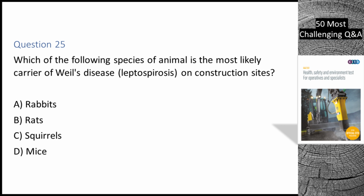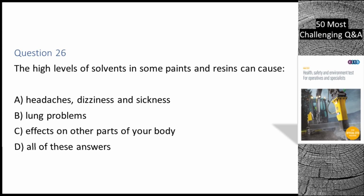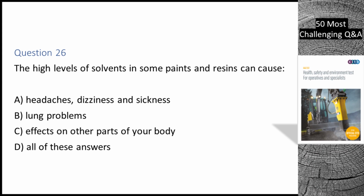Which of the following species of animal is the most likely carrier of Weil's disease, leptospirosis, on construction sites? A. Rabbits. B. Rats. C. Squirrels. D. Mice. The correct answer is B. Rats. Question 26. The high levels of solvents in some paints and resins can cause